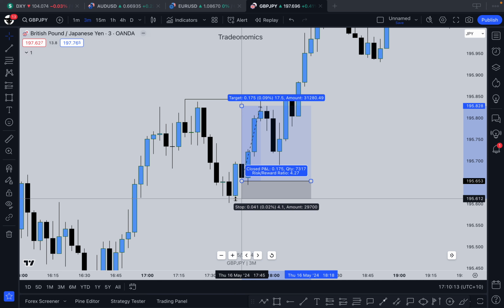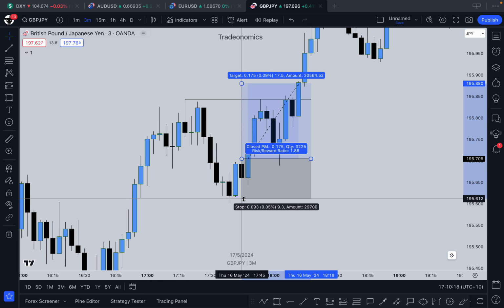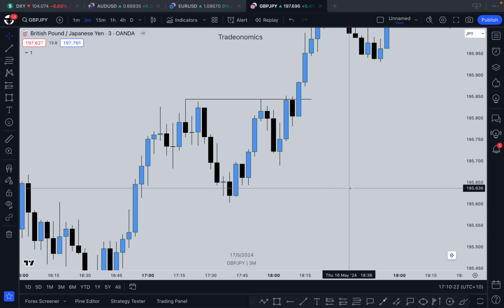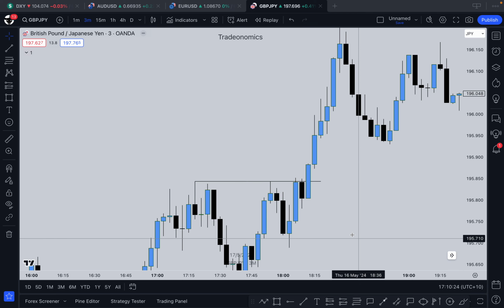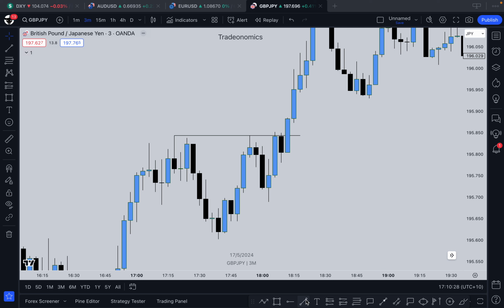Now say that you missed it. Last thing you want to do is FOMO in around here, stops below or stops here, you get taken out. Bad day, right? What do you wait for? You can wait for scaling down to the 3 minute, identify this breaker structure, right? We have that breaker structure here. Either wait for this, right?